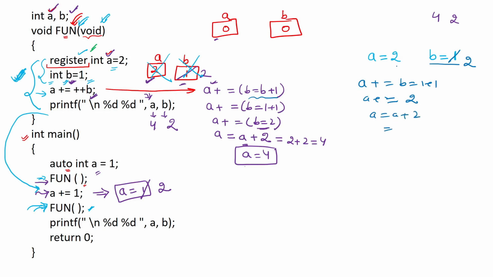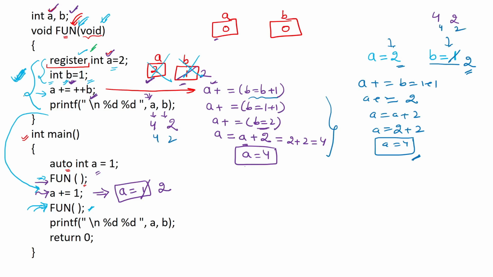So what is the current value of this A? It is 2 plus 2. Okay, so total will be 4, right? So A is again 4 and B is again 2 as it was previously, because A and B are actually started from the same original value 2 and 1. So again we will be printing A and B as 4 and 2, right? So new values will be 4 and 2 again.